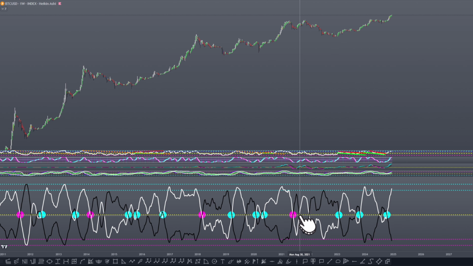So to pick back up on ASO, May, basically the beginning of June 2021, this would be the origin cross. So again, we have 1, and 1 here wouldn't have been necessarily a bad buy. Had you bought here, you would have been buying somewhere around 46K. It then swung up to 69K. So had you sold, that would have been a decent profit, but ultimately wasn't something notable, which is why I don't have it labeled down here.